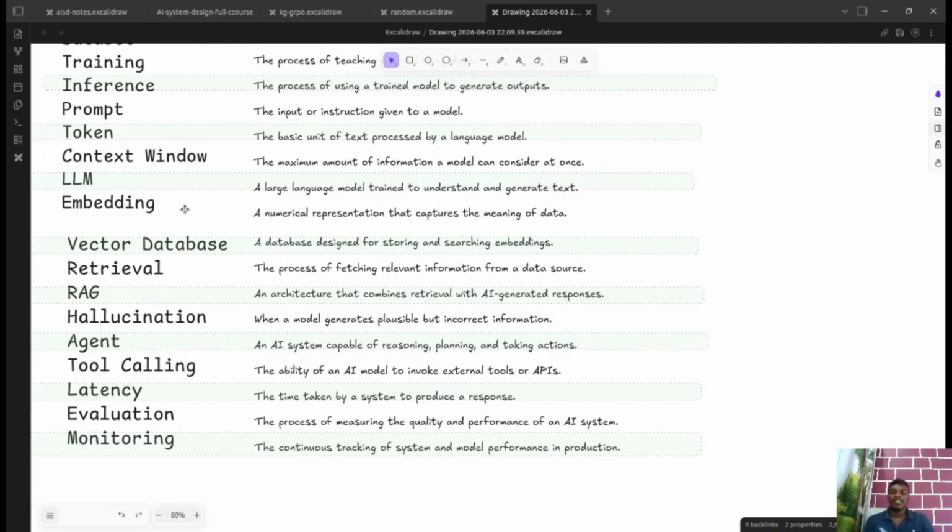Embedding is quite important, especially when we deal with RAG and similar things. An embedding is a numerical representation of any form of data we have. It can be an image, audio, video, or plain text as well. It can be expressed as vectors or tensors: a numerical representation of any kind of data, which also does not lose the meaning of the data we are going to store.